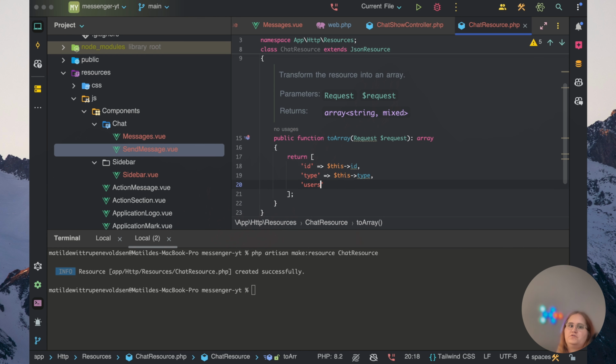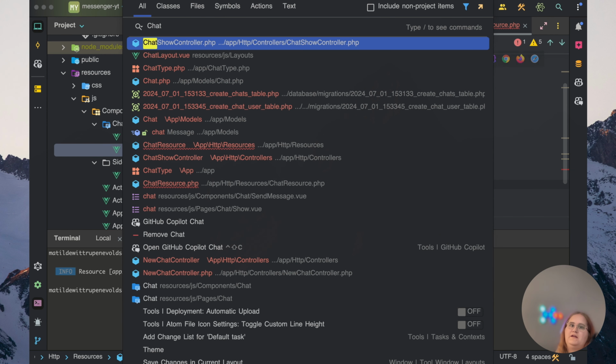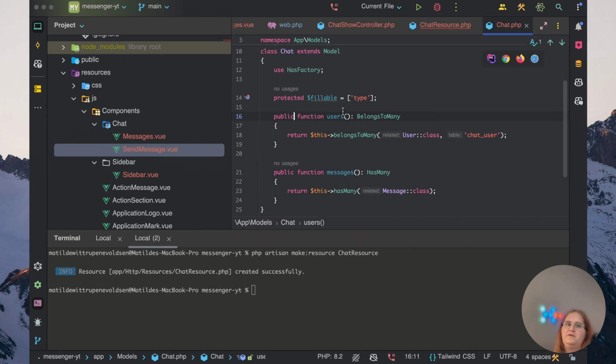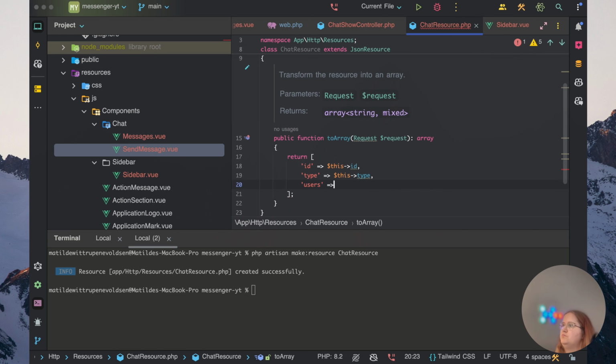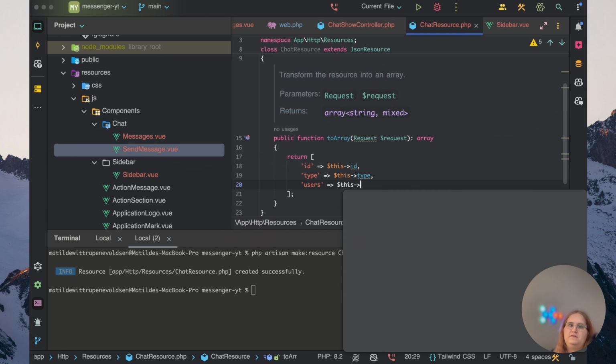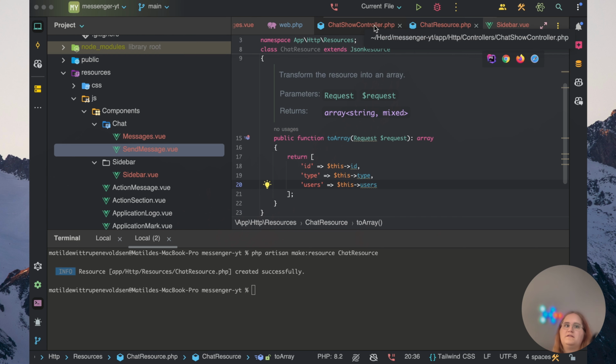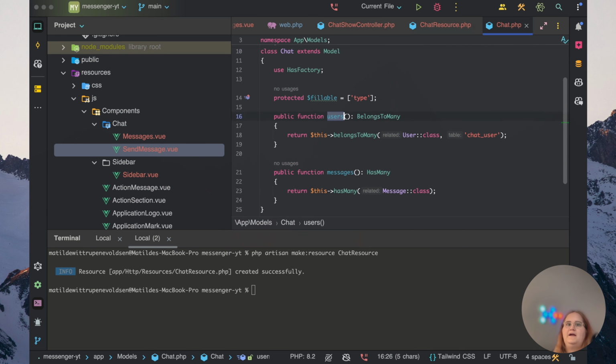We also want to pass through the users, and we can easily get that by heading into chat.php. You can see we created this belongsToMany relationship, and in here for now I'm just gonna say this users. But what we actually want to do is create an extension on that relationship